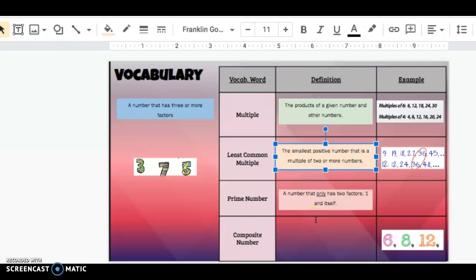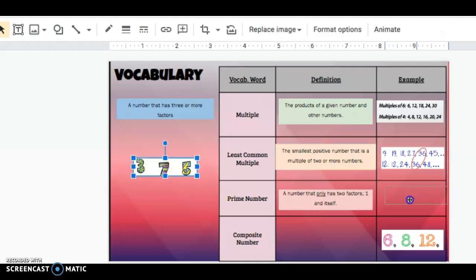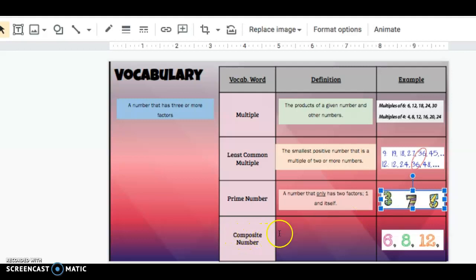3 is a prime number because 3 times 1 is only 3. There's no other number out there that you can multiply with another number besides 3 and 1 to get 3. So prime numbers are numbers that you only have one and the number itself that could be multiplied together to give you that number. Then you have composite number where it's compiled of many different